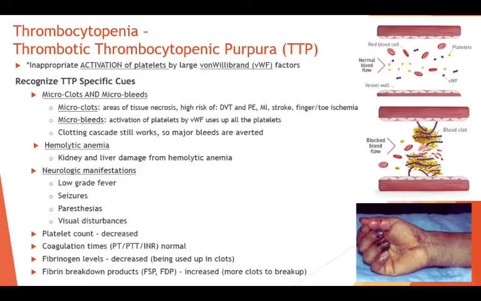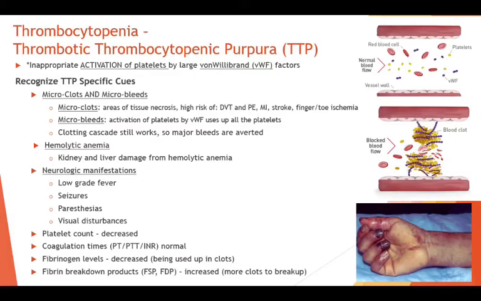You do have visual disturbances, numbness, tingling, various signs, so very much more serious than ITP. TTP and ITP are both autoimmune, but TTP is an inappropriate activation of platelets by these von Willebrand factors that didn't get broken down. So if you see von Willebrand factor associated to TTP